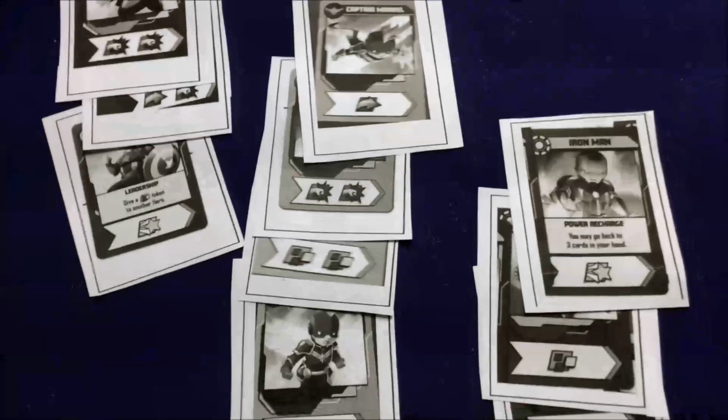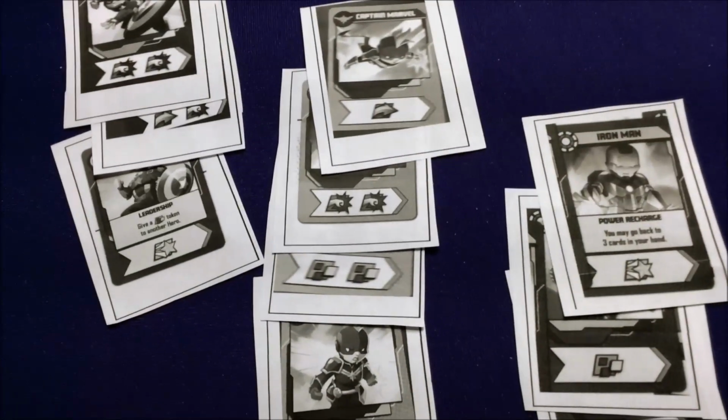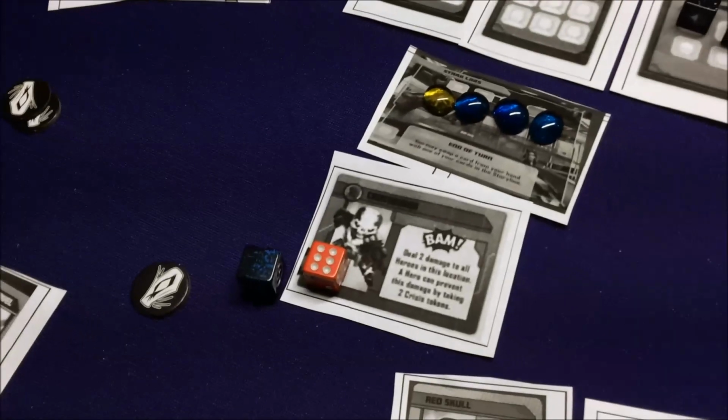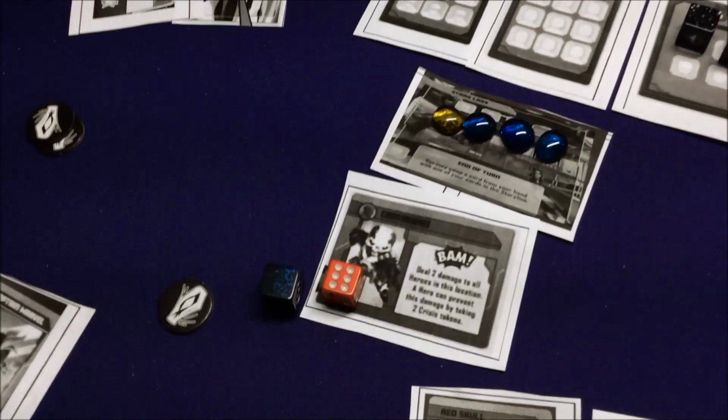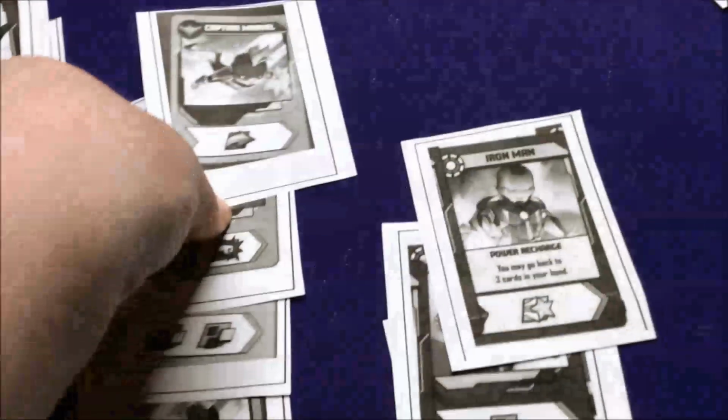So then we have Captain Marvel. We're going to have 2 wilds, so we can do pretty much anything we need to do. We can definitely play 1 heroic there, finish off that quest. But I think we need to move over here and start working on Crossbones before we get hit with that ability. So we'll play